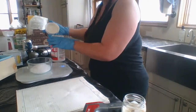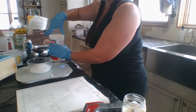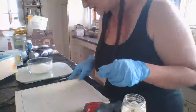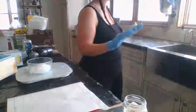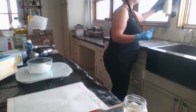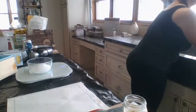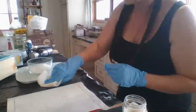I do see a couple little pieces of lye that got on my trash bag, so I'm going to wipe those up really quickly with a damp paper towel and throw it away. That way it's not on my work surface and I don't have to worry about it later. I'm just always cautious. And then I'm using a paper towel because,